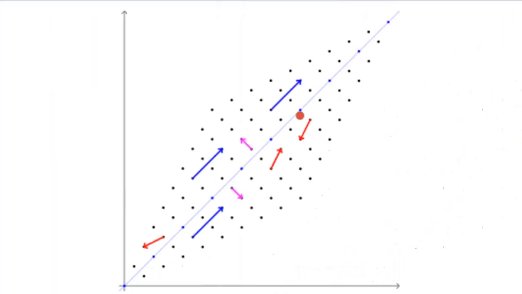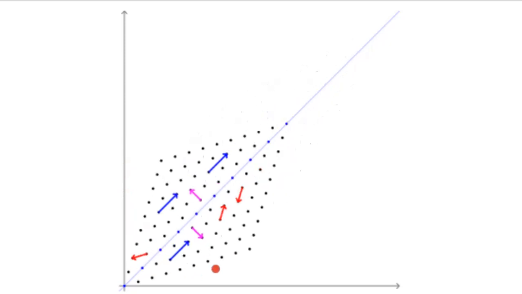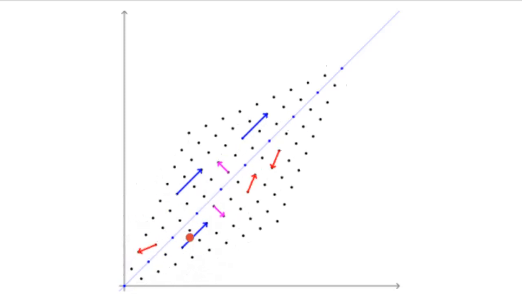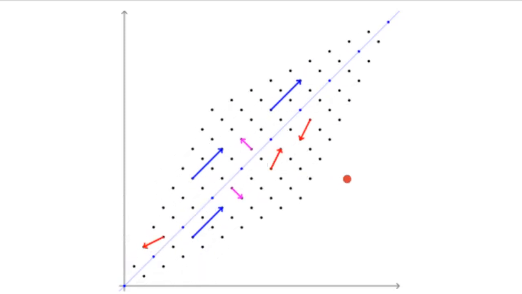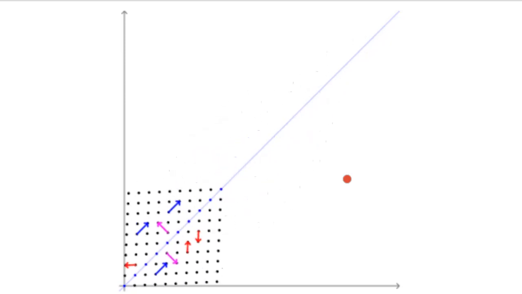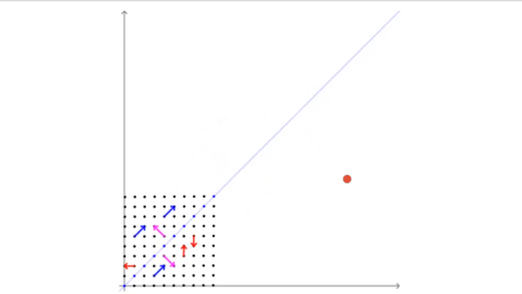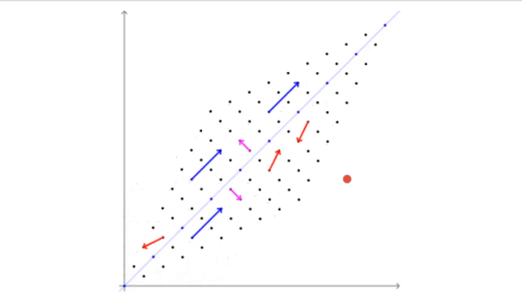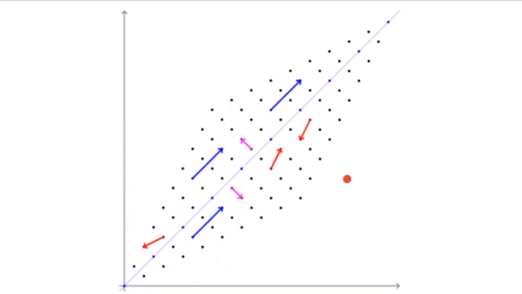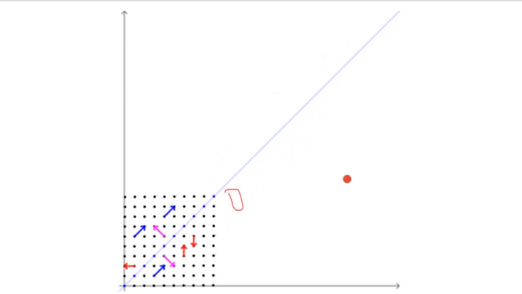If you consider this figure, there are two purple vectors, three blue vectors, and three red vectors. Now after the transformation, if you consider the direction of these vectors, these blue vectors are not changing direction, these purple vectors are not changing direction, and the red vectors are changing their direction.